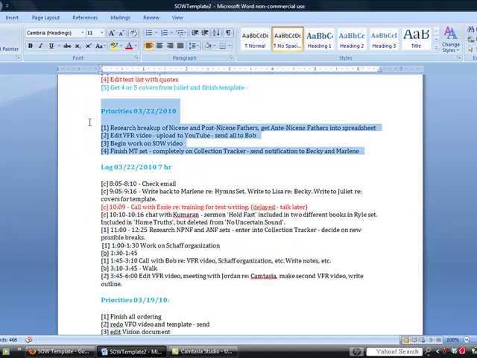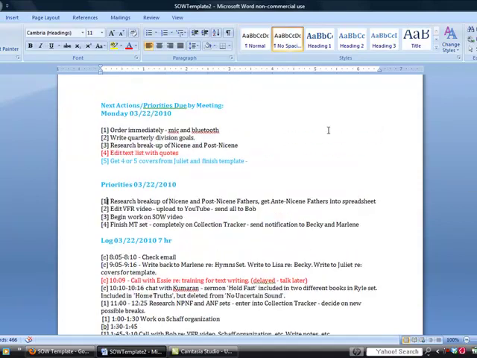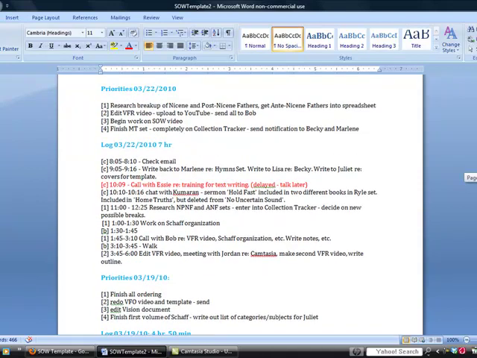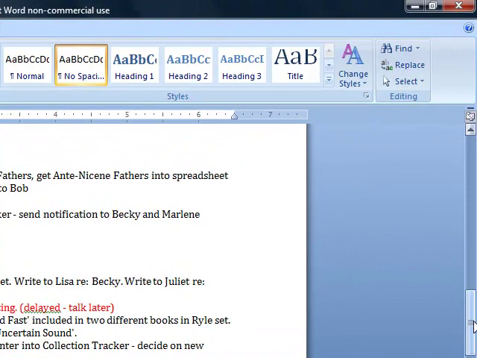We have our priorities for the day in priority order. Sometimes those are going to match up fairly clearly with the priorities up here. Sometimes you're going to add things. You're going to pull things from phone calls. You're going to pull things from, obviously, the meeting notes. That's where these original priorities were from.